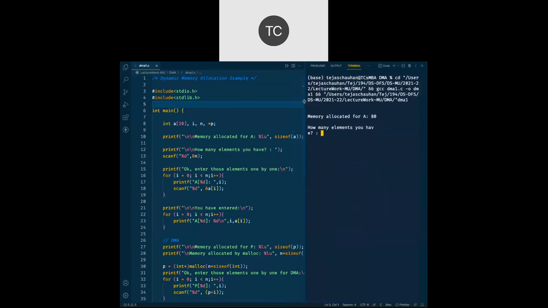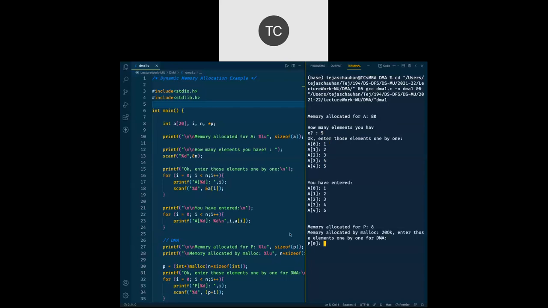Now let's focus on the output. Memory allocated for A, 80 bytes. How many elements? Let's say I have only 5 elements. Then it will ask me those 5 elements, 1, 2, 3, 4, 5, and those 5 values are also printed.